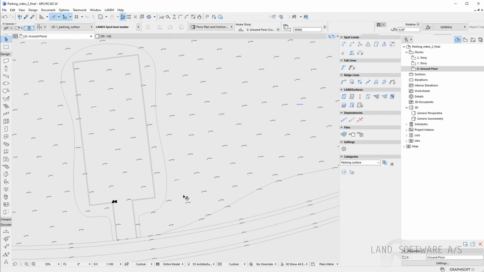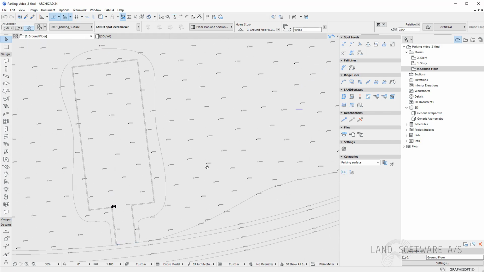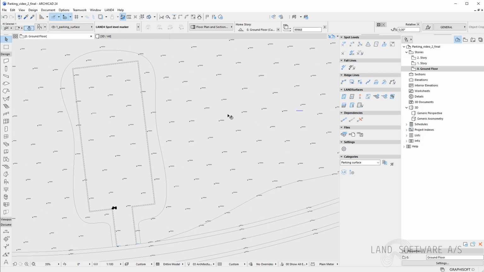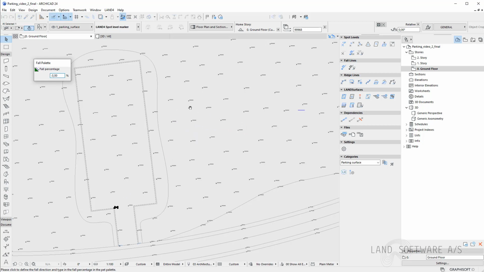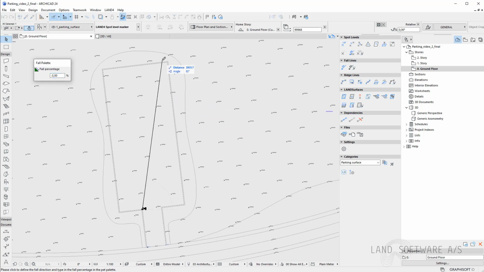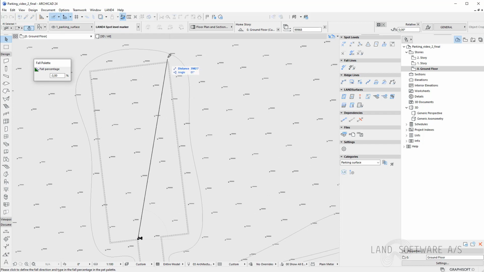Because I had my test surface before and I saw how the terrain is falling from this corner towards this corner here, I will use a constant gradient interpolation where I'll use a 3% raise, which is the max I established to work with in this surface.